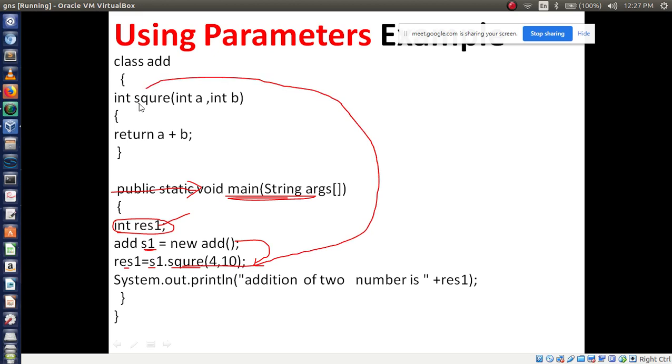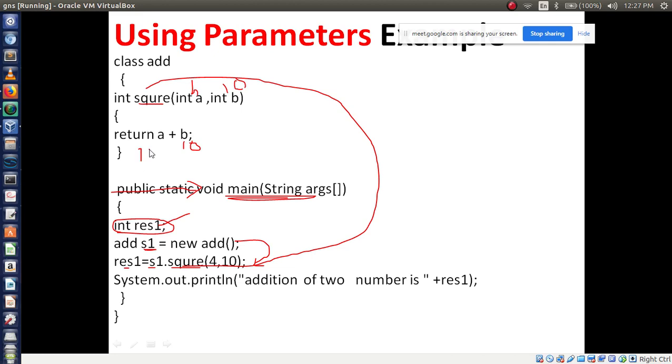Control will go to this method square. So in square, how did you define it? The return type is int. Okay, done. Then values, how many values? It will take two values, a and b. So here you are passing two values, the first value is 4 and the second value is 10. Done. Two values it will take. Then after taking, enter into this method. Here you have written return, then a value is 4, then b value is 10. So what should the answer be?